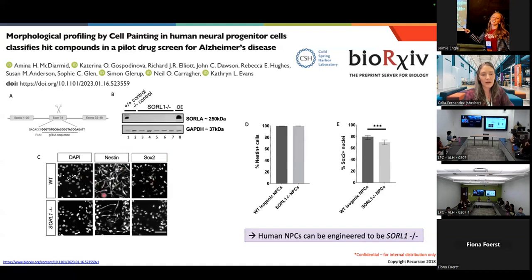This is what the wild type healthy neurons look like. And then the sortilin knockouts. Yeah, they're expressing it. They look a little wonky though, don't they? I don't know. They look a little different to me. And interestingly, they had less of the SOX2 marker. They didn't really elaborate on that. Maybe they're just reasoning that that's part of the disease phenotype. But yeah.